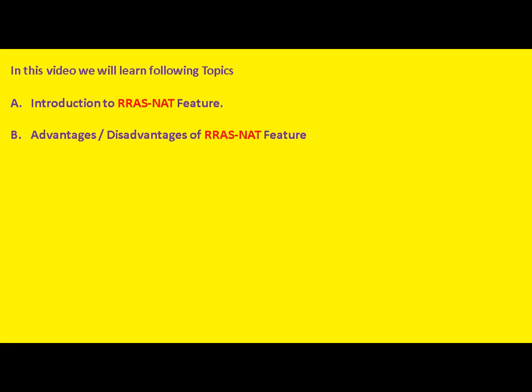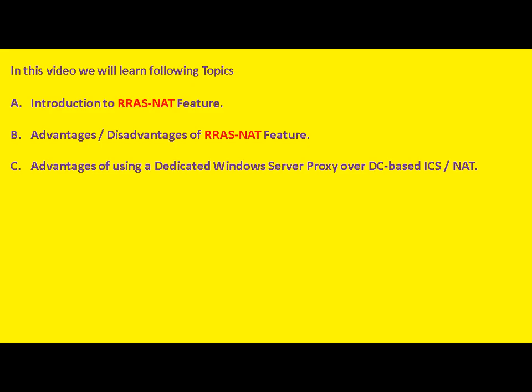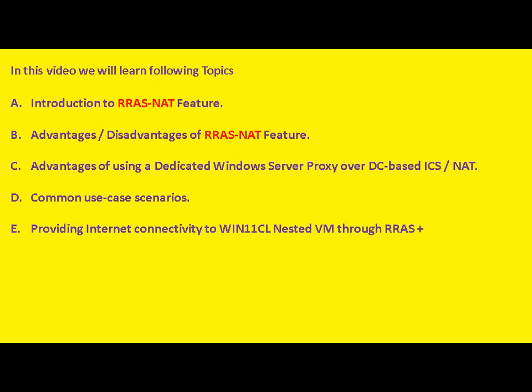So in this particular video we will learn the following topics. First, an introduction to the RRAS plus NAT feature: what is RRAS and NAT? Then the advantages and disadvantages of the RRAS and NAT feature. Then the advantages of using a dedicated Windows Server proxy over the DC-based ICS or NAT option. Then common use case scenarios. And the last one is a practical mode, providing internet connectivity to the Windows 11 CL nested VM through RRAS plus